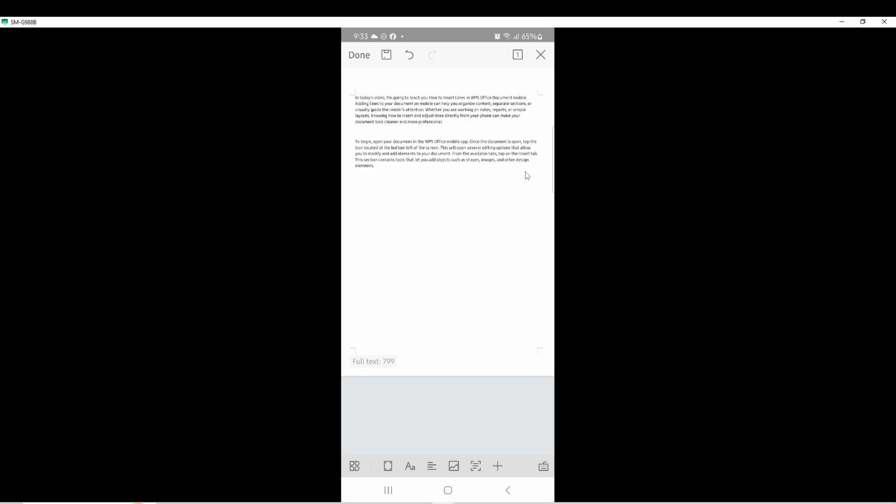Once you have your document open in WPS Office on your mobile device, the first thing you need to do is decide which paragraph you want to adjust. If only one section of your document looks uneven, simply tap and hold on the paragraph until it becomes highlighted. This tells the app which text you want to format. If you want to justify more than one paragraph, you can drag the selection handles to cover the text you